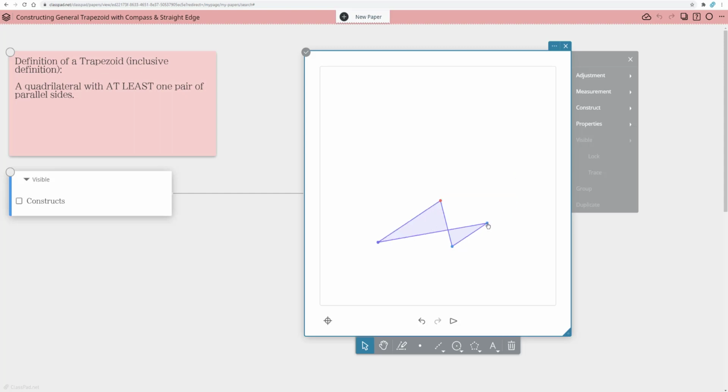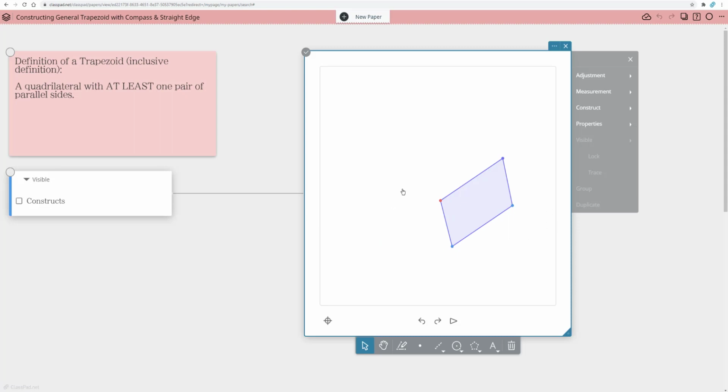And also, you can create a crossover here. Again, this is because of the dynamic tool. And so is this still considered a trapezoid? No, because it's not a quadrilateral anymore. So these are some constraints they want to make sure they're always keeping track of. So it's just fun, and I have really messed this up because of the way I crossed it over. There we go. So keeping those things in mind.